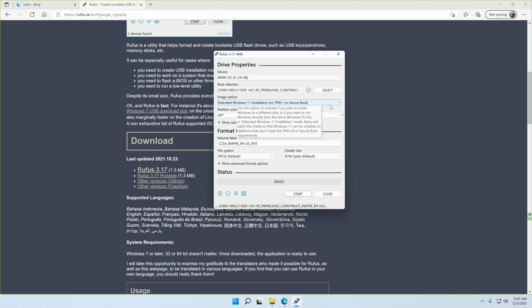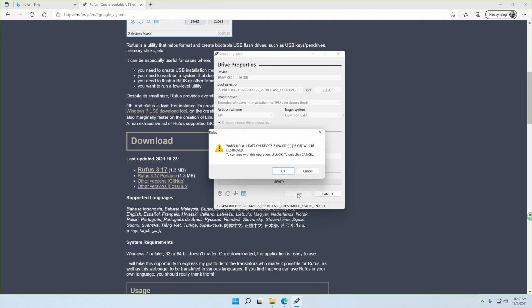This is all for the moment. We need to push the start button. Now it will ask us if we want to continue because it will format the stick.